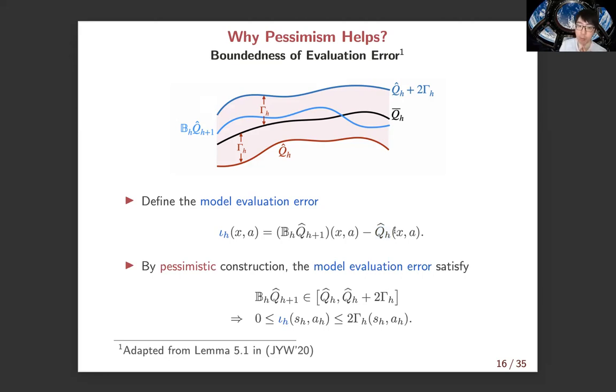By the construction of this pessimistic value function, we hope that this error can be upper bounded by 2 times the width of the confidence interval. Then we hope to use this gamma, which is the width of the confidence interval, to dominate this